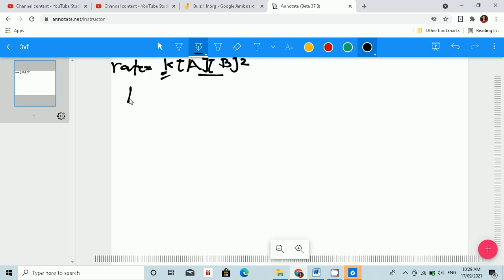So we will have K is equal to rate over concentration of A times concentration of B square. Anyways, we know this equation. We have this in our lecture, that to find K, we have this equation. Alright, so let's substitute the unit. What is the unit of rate? The unit of rate is